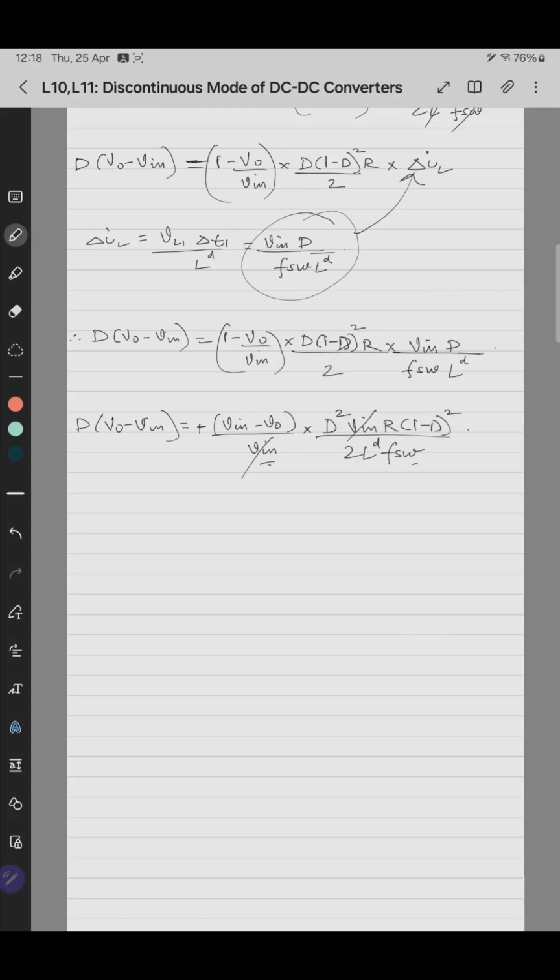So here Vn will be cancelled. If we simplify it, it will be, if we take V0 minus Vn common,